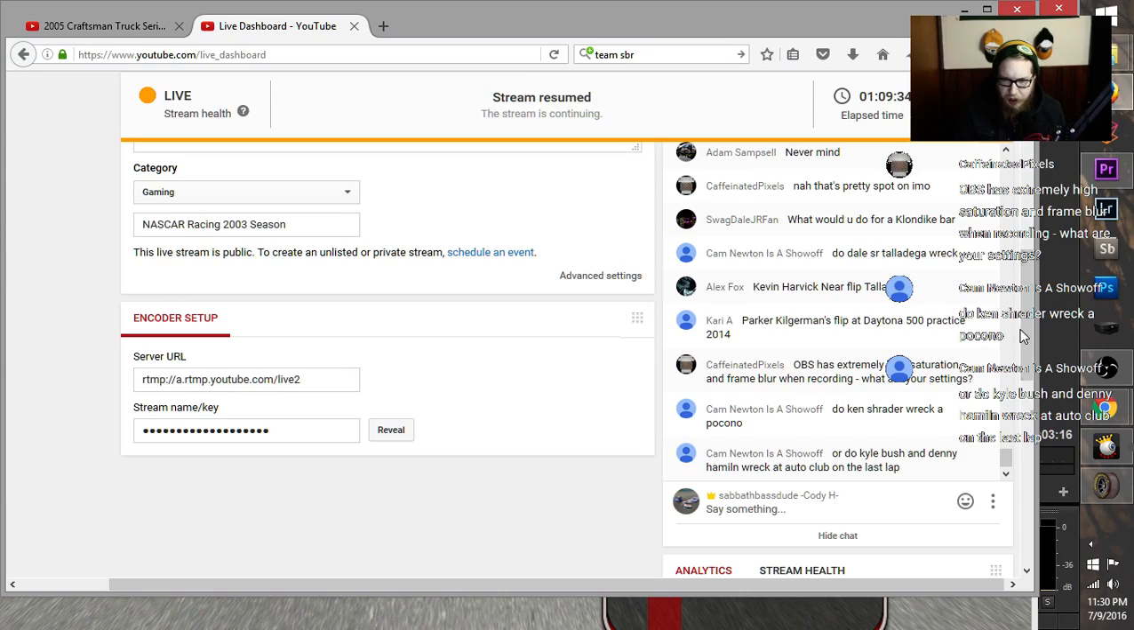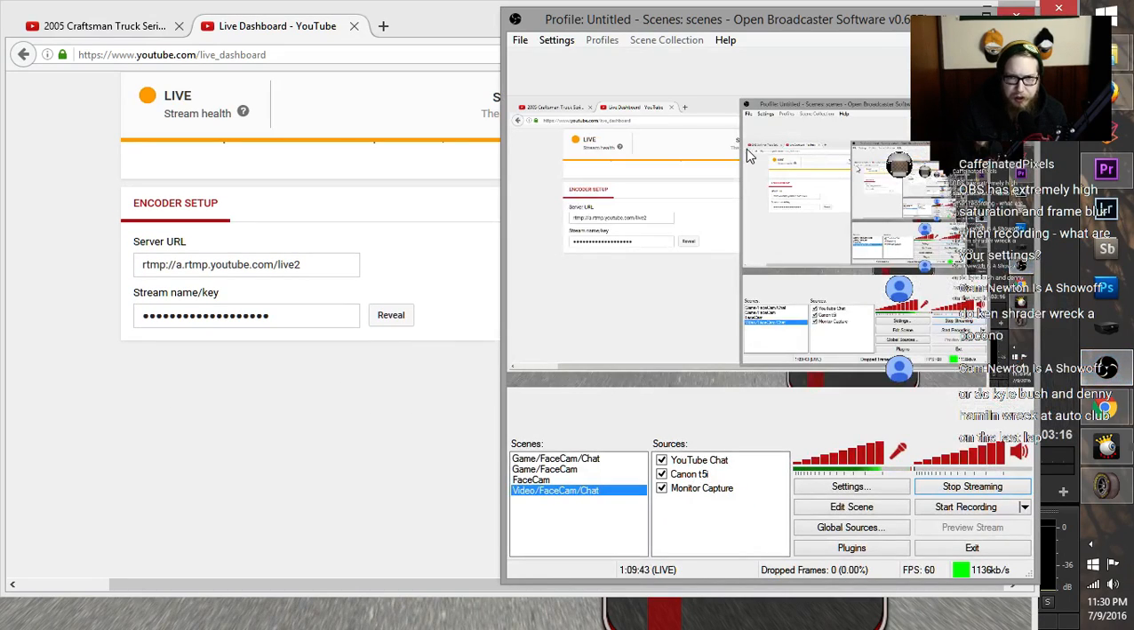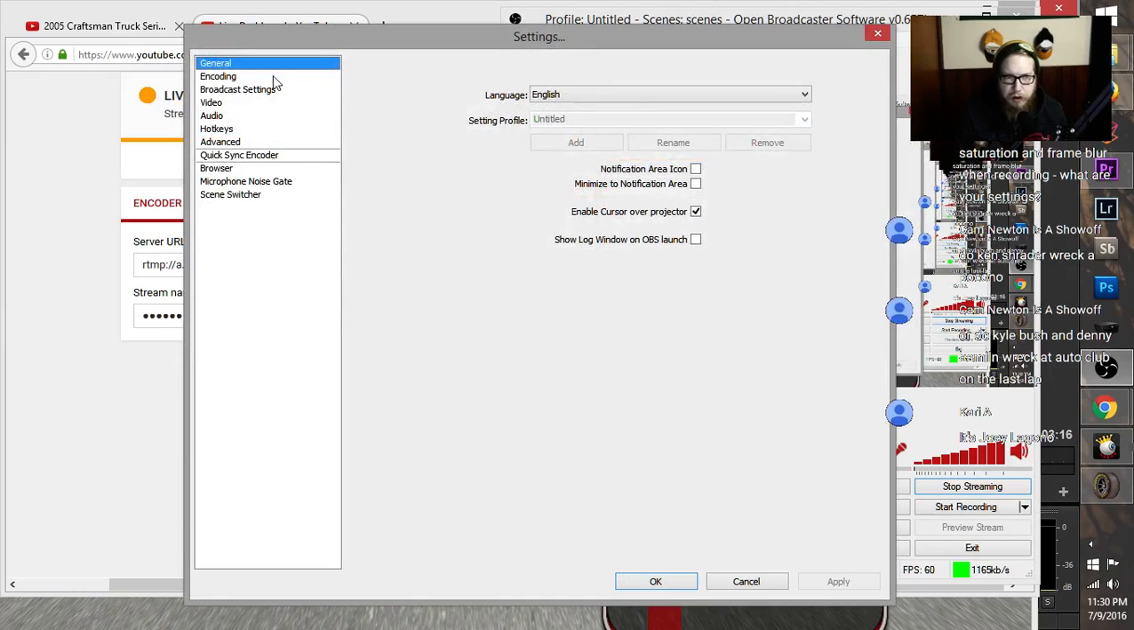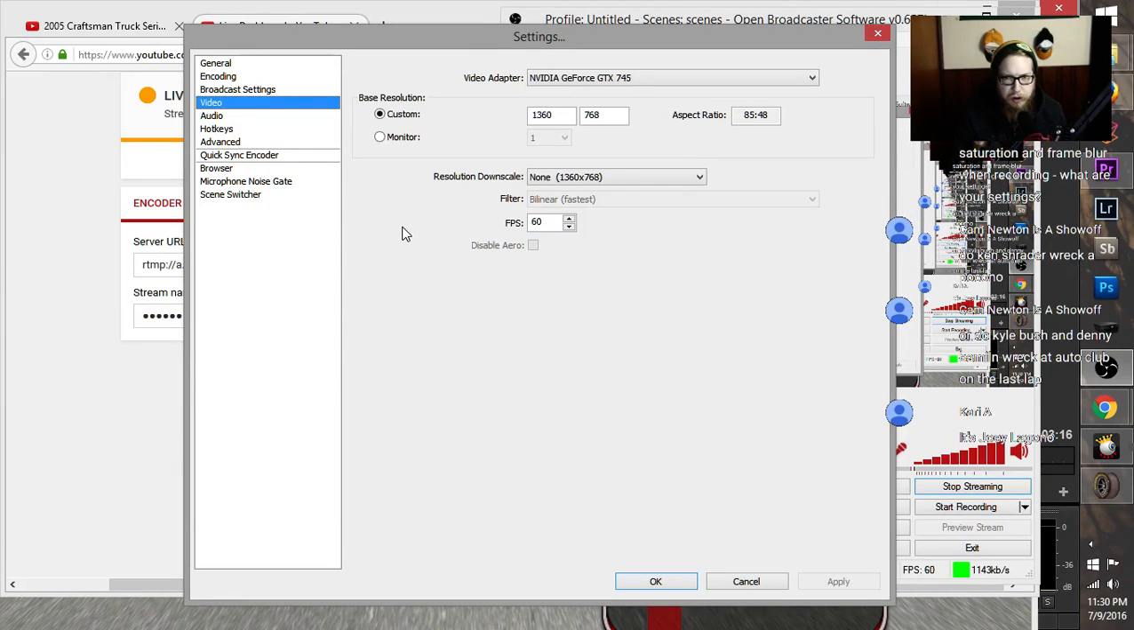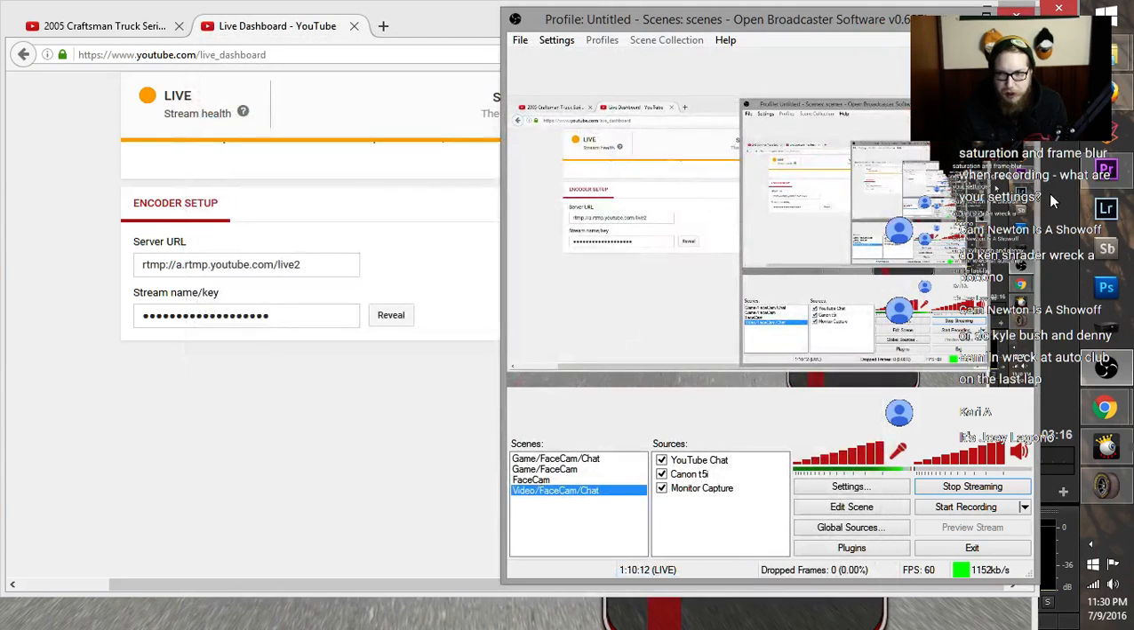OBS has extremely high saturation and frame blur when recording. I'm not recording, I am just streaming. Oh, let me check my settings, if I can actually look at them right now. Settings, video. My base resolution is 1360 by 768, which is my monitor. That's my display resolution, so that makes sense. Frames per second, 60 frames a second. I mean, it looks nice. The stream itself looks nice